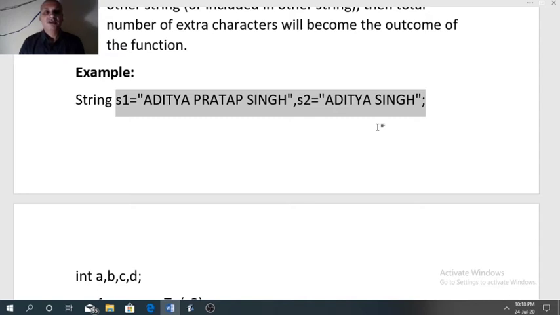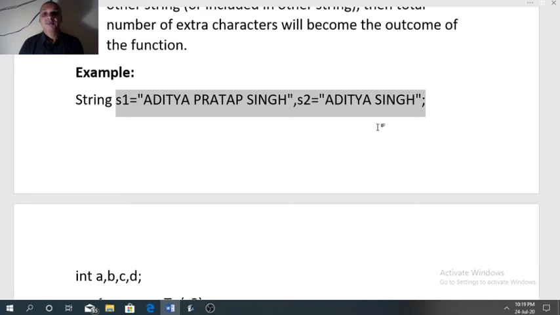But after the space, the first character is P in S1 and the first character after the space in S2 is S. So if I ask you between P and S, which character has the higher ASCII code? Then you will say S has the higher ASCII code.